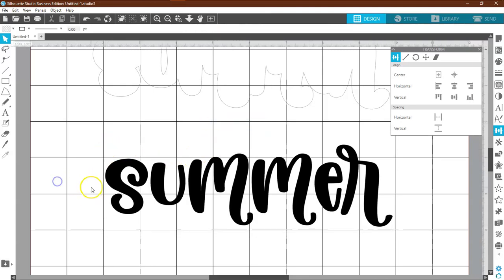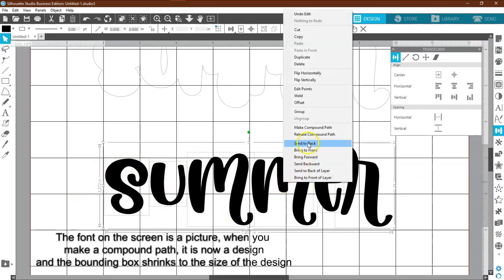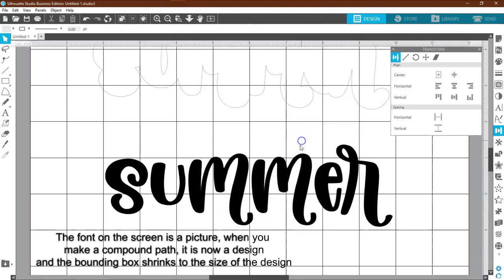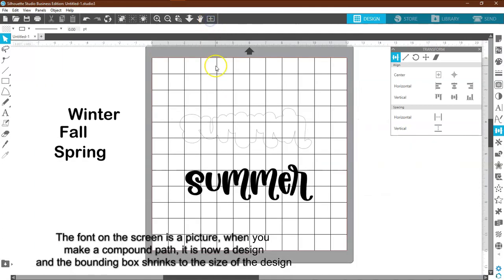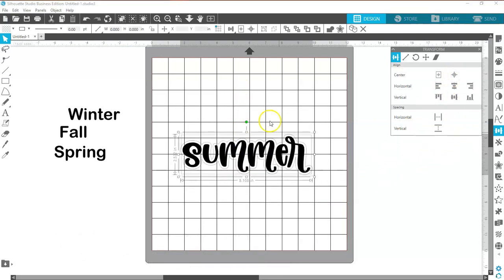It puts everything into its own separate box. You see that? Everything is in its own separate box. Right mouse click and say make compound path. Okay? Now, let me show you what happens. Because this and this are now the same size, when you highlight them and say center, it puts it right